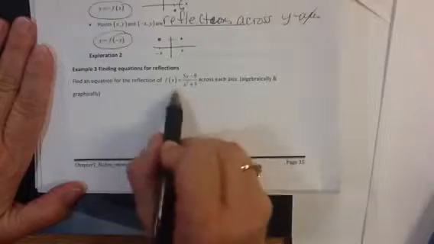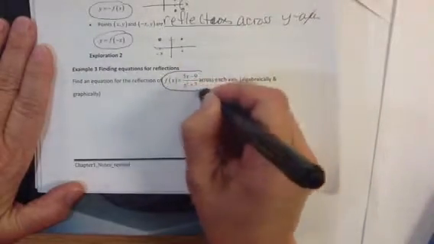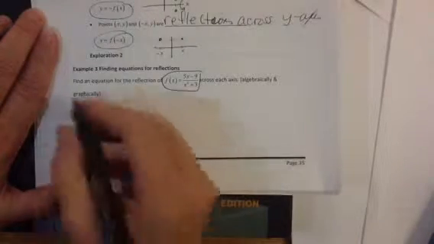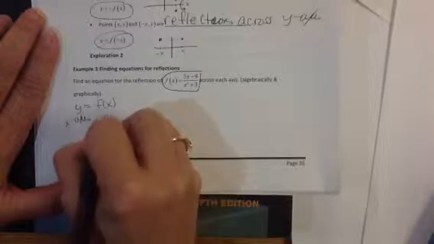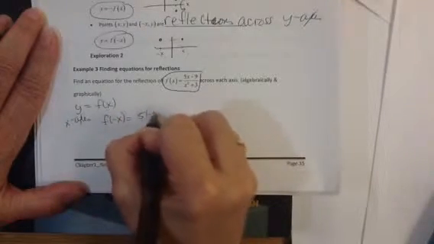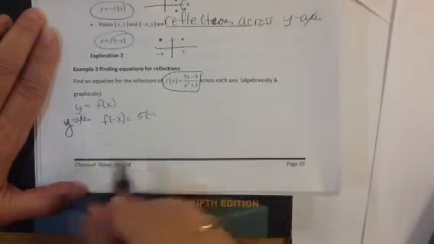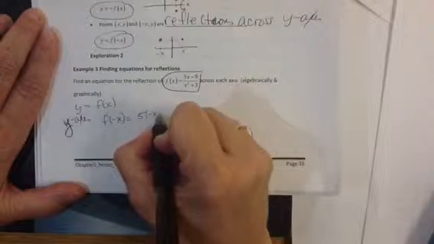Now what I need to do is find an equation for the reflections. Here is the original one, and I want to reflect across each axis. So let's see, if this is my original, to go across the y-axis, I want to look at f of negative x, which means I plug in a negative x in front. Okay, I'm going to look at the y-axis first, and I plug in a negative x,